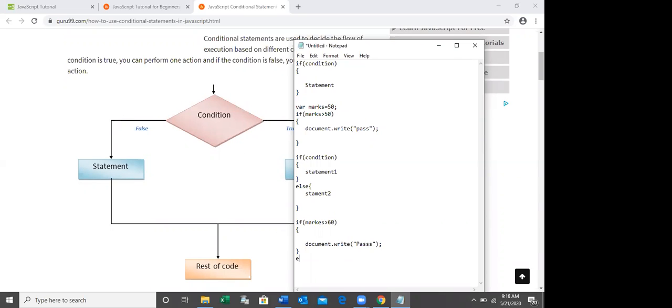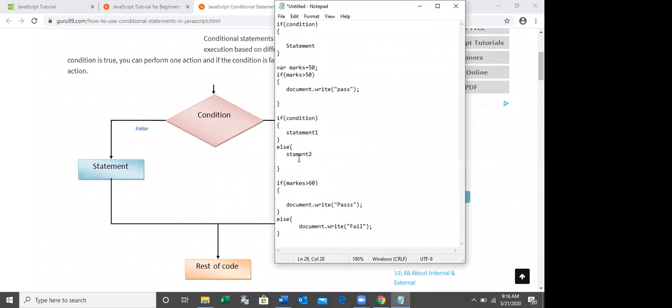Else, document.write fail. Right? See here, as per the syntax, if the condition is true, statement 1 will be executed.